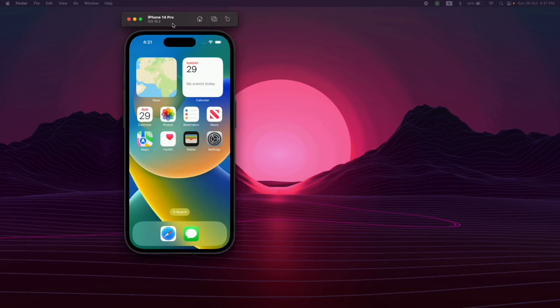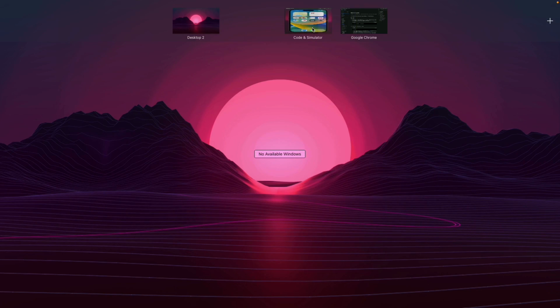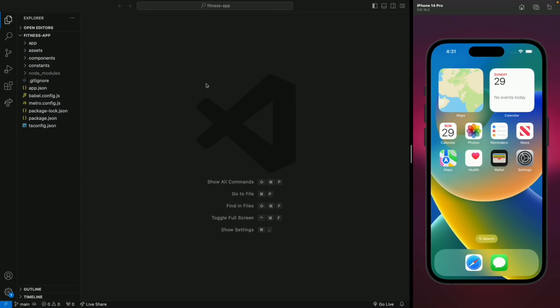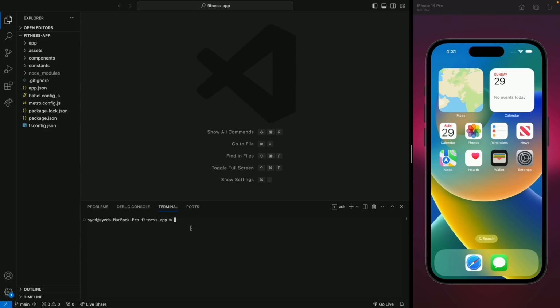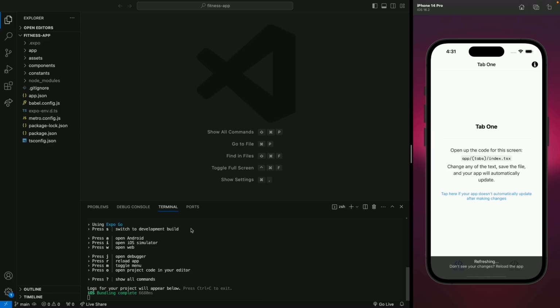Now we're also gonna need an iPhone simulator. So let me drag my iPhone 14 Pro simulator and place it here. Now, first of all, we're gonna run this application to see how it looks like. So just open a terminal and write npm run ios. This is going to build our app and send it to our Expo Go app on the iOS. So let's give it some seconds, and it's building. Okay, the app is running, and as you can see, we have two tabs at the bottom